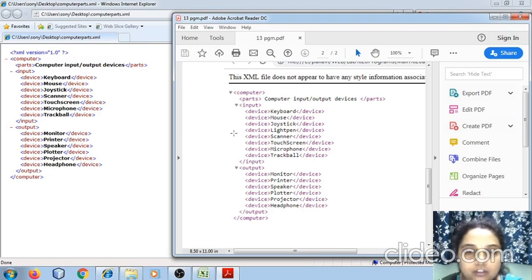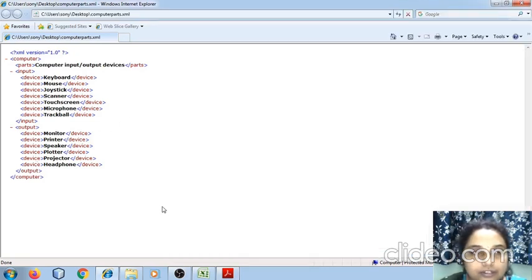We have specified the tag for input device and output device. All these are user defined tags, they are not predefined tags. So what happens when we are going to use user defined tags? It becomes very easy for the user to remember and also to understand with respect to the data which is going to be enclosed within the tags. Right. So this is your 13th term work.